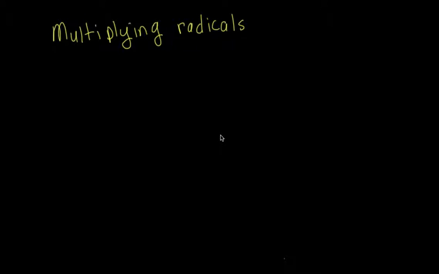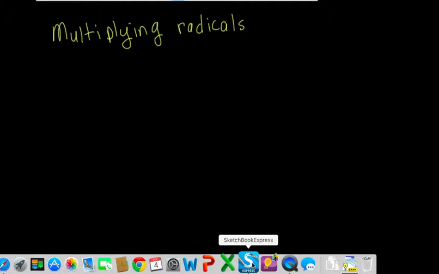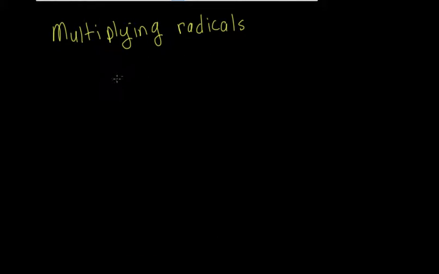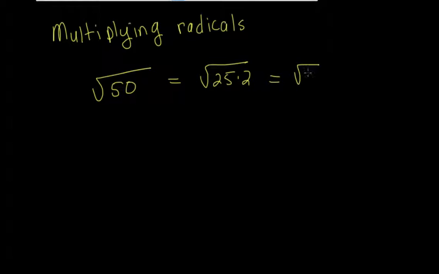So we're here in the midst of radical expressions again, and we're going to be doing multiplying radicals today. The idea with multiplying radicals is just an extension of simplifying radicals, where in simplifying radicals it was something like the square root of 50, and to simplify that you can write this as a product, which is the square root of 25 times 2, which is equal to the square root of 25 times the square root of 2. So multiplying radicals, there is a multiplying radicals expression right there,